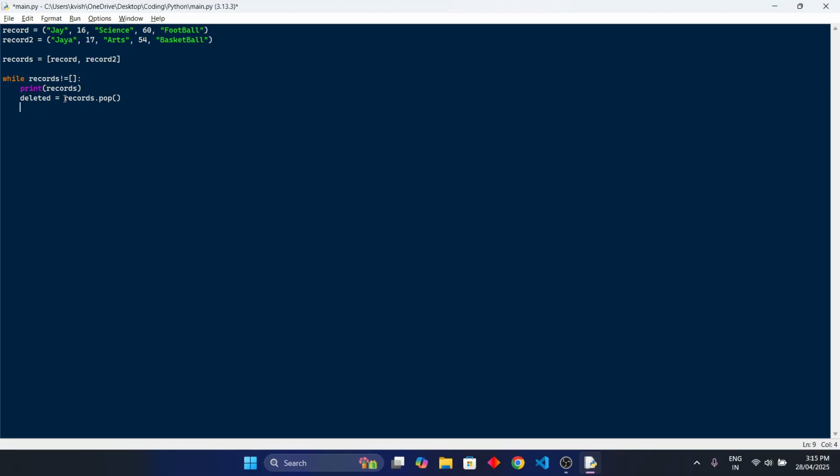Yeah, so no, let's do it like that. Deleted, because I know this will be deleted, right? So records dot len records -1. Len is a function which shows the length of the element, and it starts with 1, so it's